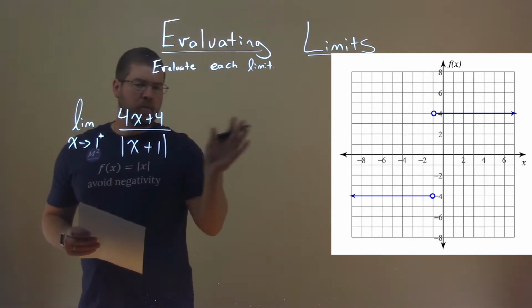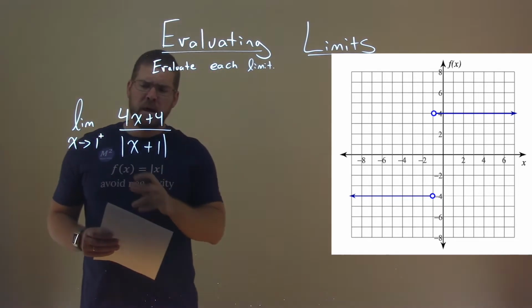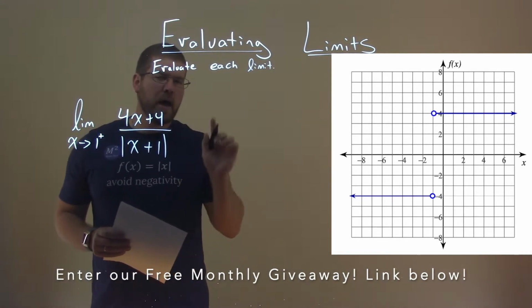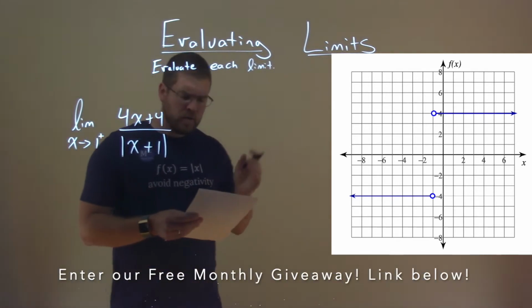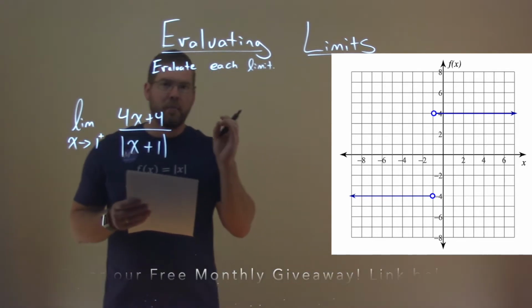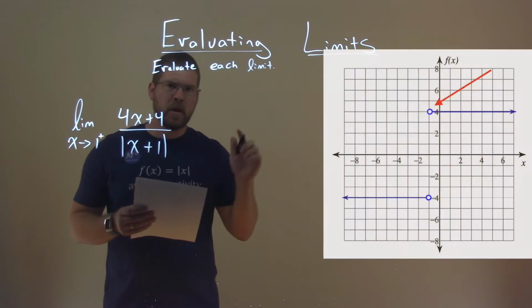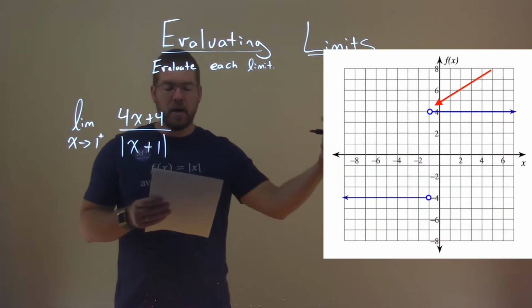Now, this is the graph of 4x plus 4 over the absolute value of x plus 1. And the limit says we have to see what happens when we approach 1, but it specifically tells us the plus sign, from the right. So we look at our graph and when x is 1, we have to see what that y value is. So when x is 1, the y value, as we approach 1 from the right,